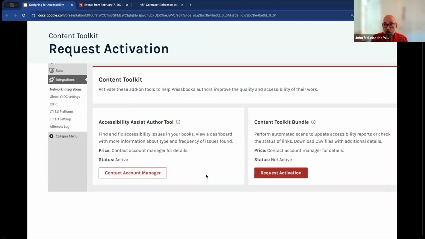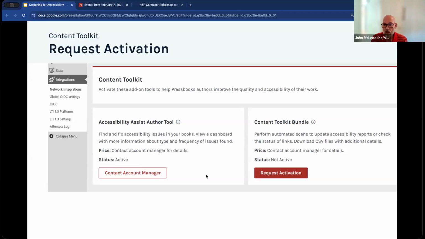So if after the 26th, so in March or April, if you would like to activate the toolkit, it's been turned off, but you've gotten clearance to activate the toolkit, whether from your admin or not, if you go to the integrations page in your network manager view, you'll see this Content Toolkit area.